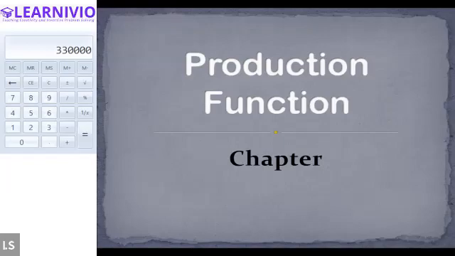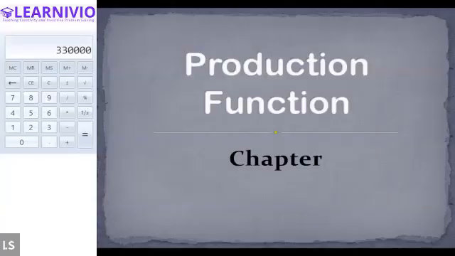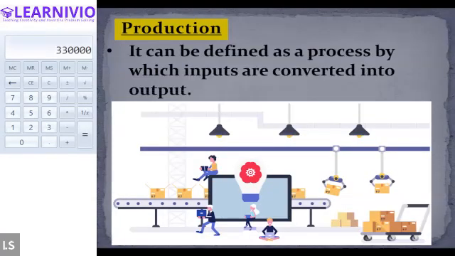No. Production. See, that is production. Production is a process that converts the input into output. So that is the definition of production. Now, what I'm asking is what kind of inputs are used in the production of a commodity? If you want to produce any commodity, what different inputs are used in the process of production? Do you have any idea about this? No, sir.